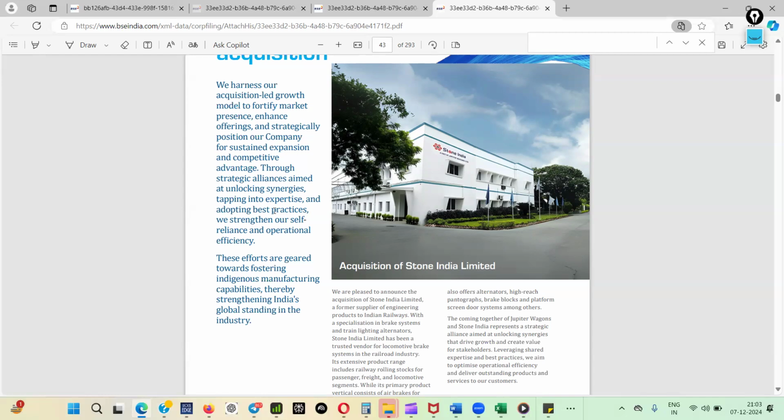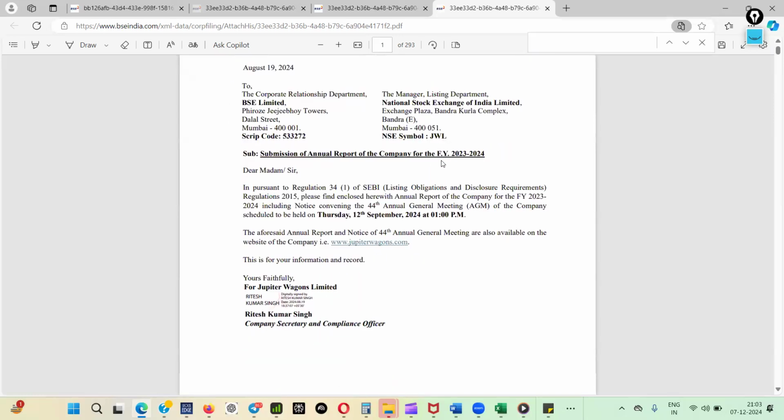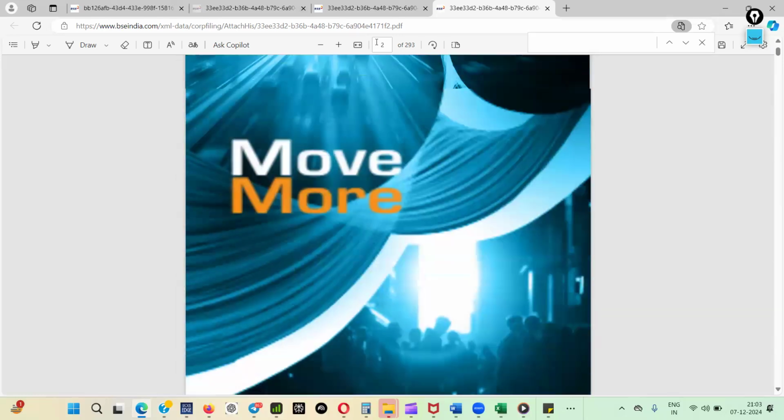Now, for revenue projection, just go through a conference call. They'll be giving guidance. There will be arguments and disagreements. You'll have to understand whether you are confident. Once you attend a conference call, you'll get a quarterly review and your perspective. Also, from an annual report, if you go through the management discussion and analysis part and the chairman's message, you'll have a lot of idea of exactly what they are going to do.